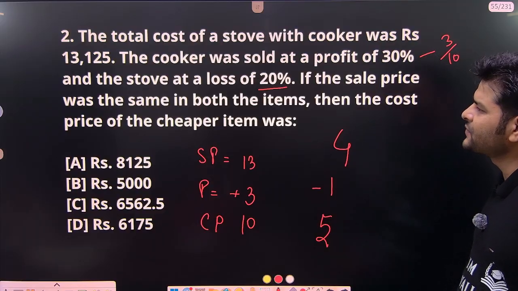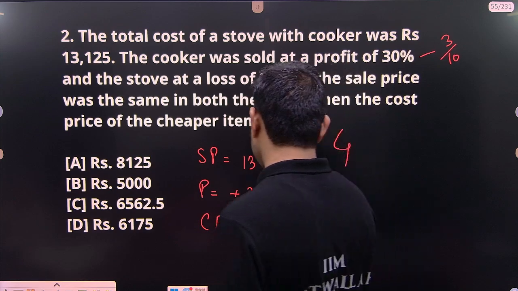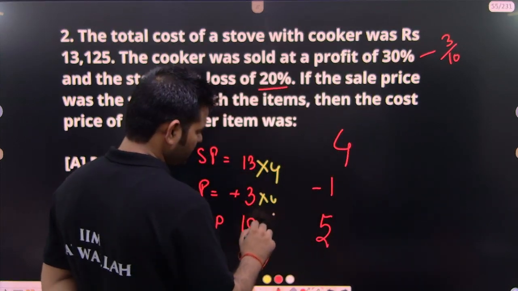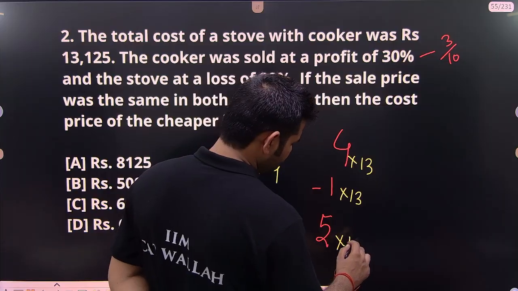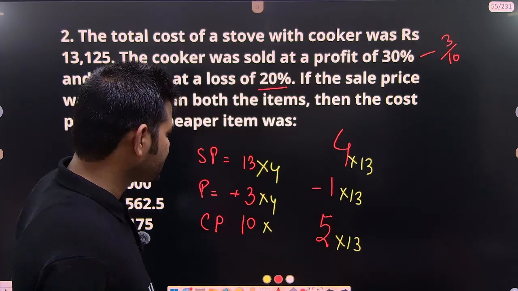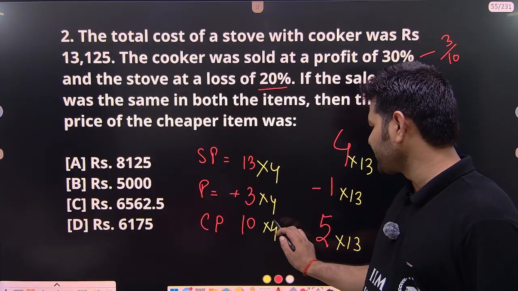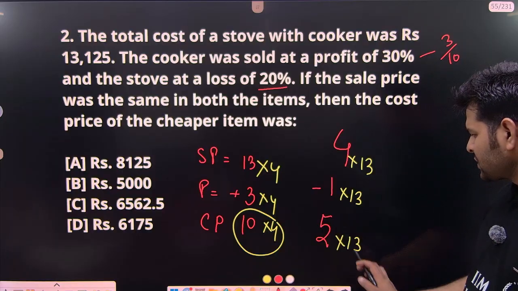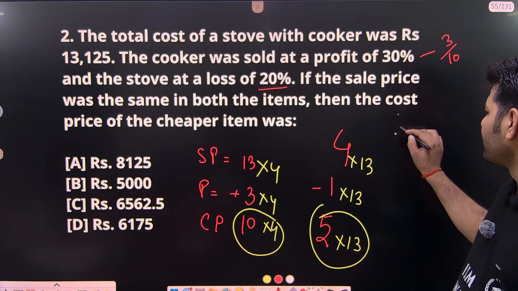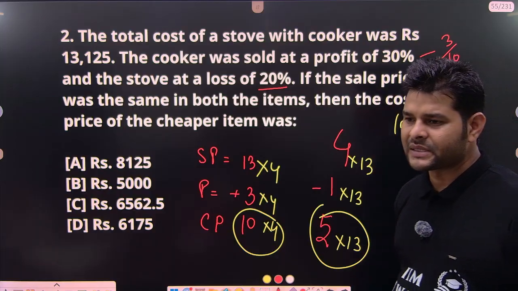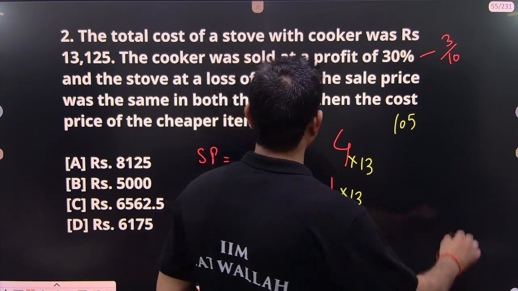The selling price was the same for both the items, so you need to make it the same. For that, you need to multiply by 4 over here, and multiply by 13 over here. You will get the same selling price. So the same price of both the articles is 52 units, and the cost price of one article is 40 units, and the cost price of the second article is 65. So 65 and 40 would be 105 units. 105 is the total cost price of both the articles, and the total cost price we have been given